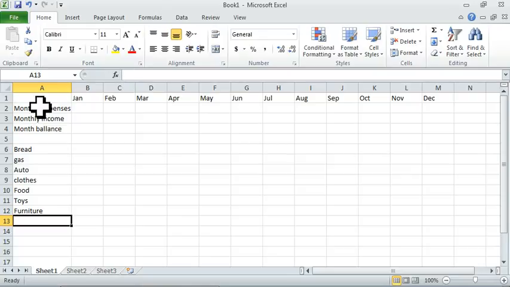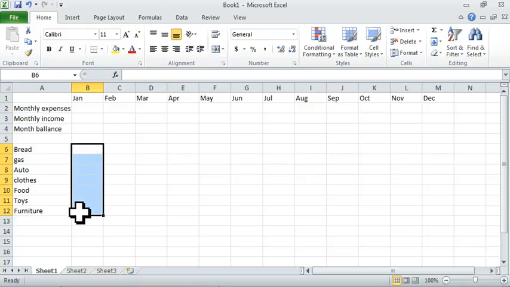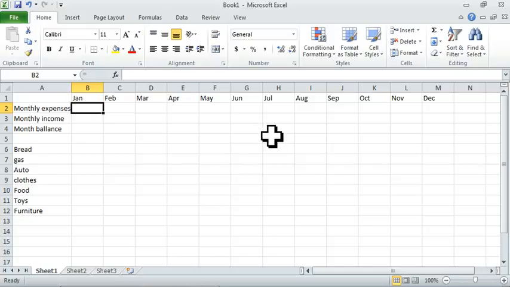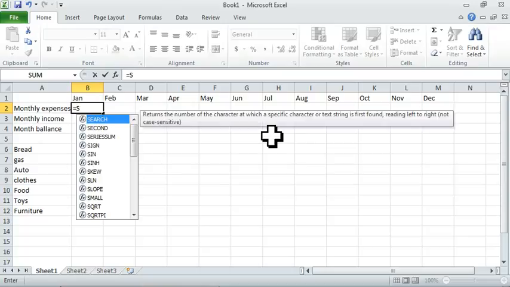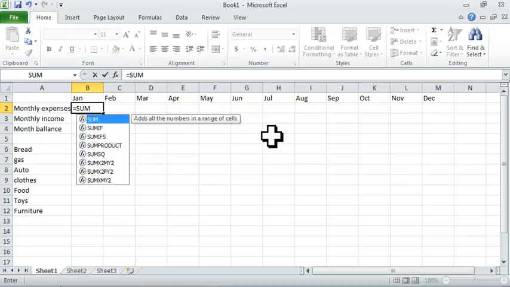Alright, so now we have the table, now we have the columns and the rows. Now let's start with the formulas. In this Excel table, we're going to have two types of formulas. Now, monthly expenses. The monthly expenses will be the sum of all the numbers put here, right, for each month. So click on this cell and start typing the formula. And the formula is equals SUM,